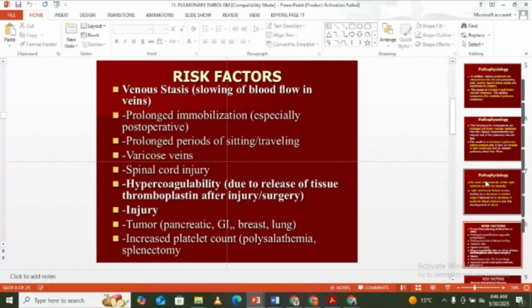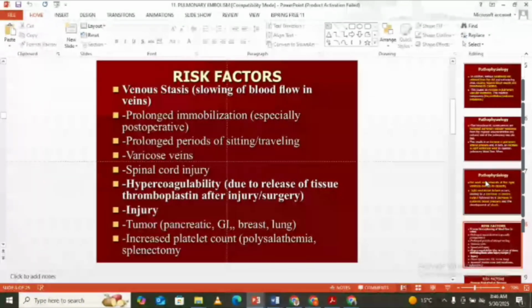So body tissues will receive insufficient oxygenated blood. So cyanosis and dyspnea will come in, and eventually the patient will go into shock. Some of those risk factors associated with